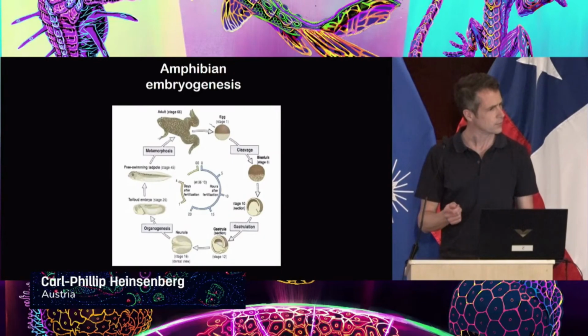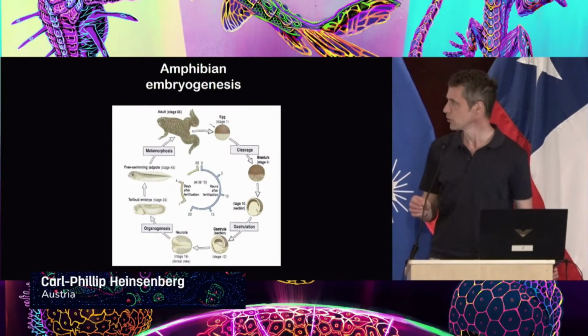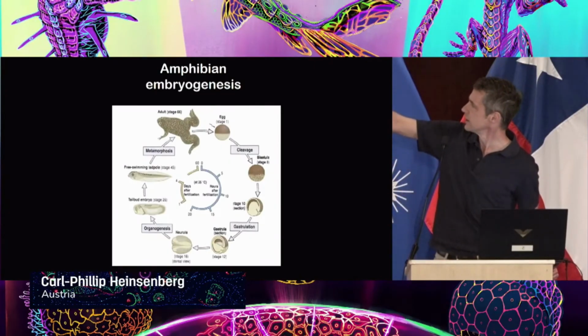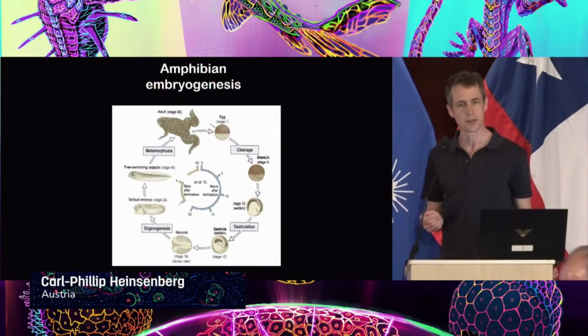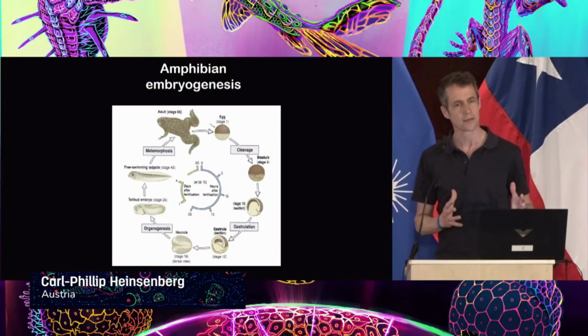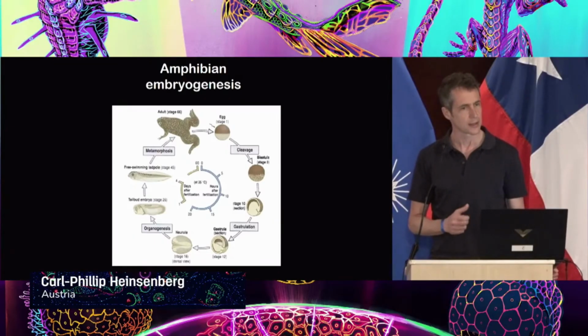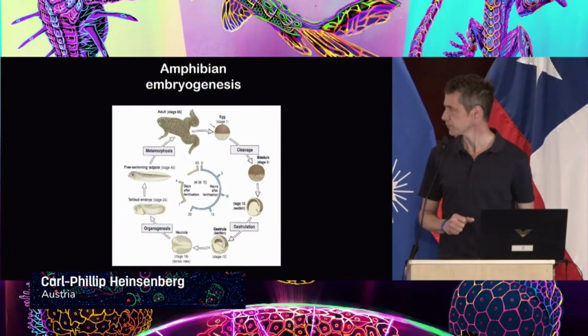development. Do we have a pointer, by the way? Probably not. If we don't have a pointer, I can just point out with my finger where we are roughly. This is the egg, the fertilized egg, and then you go through a process called gastrulation, when the different germ layers are being formed in the embryo. The first tissues the embryo forms are ectoderm, mesoderm, and endoderm. And from these germ layers, the entire embryo is formed, and then eventually the entire adult organism arises.